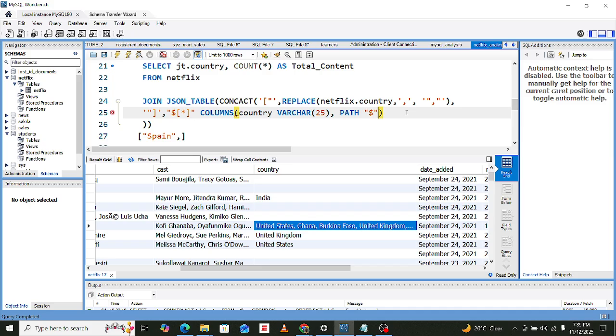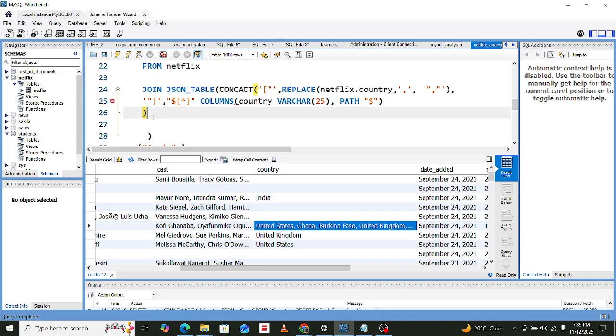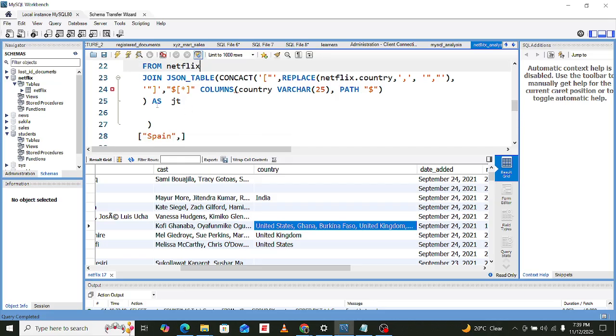And this one is as JT. This is JT. I'm hoping we have it. We are getting it. That is the columns country. That is the country is of type varchar.